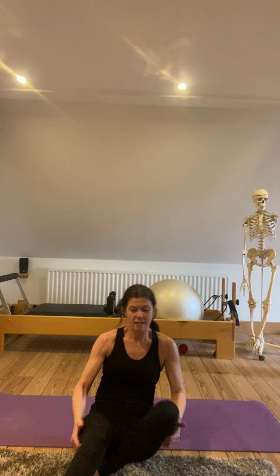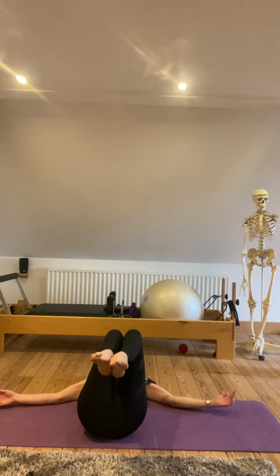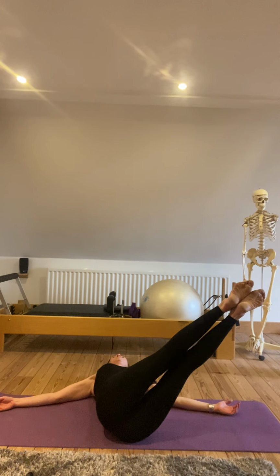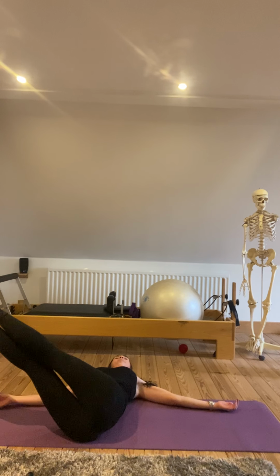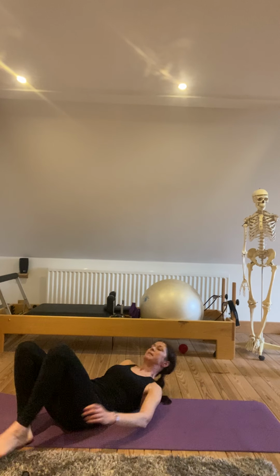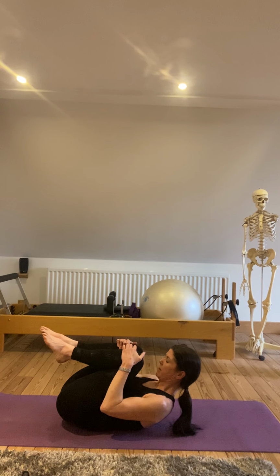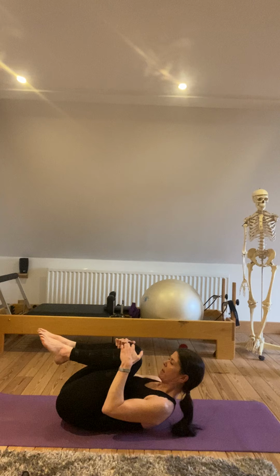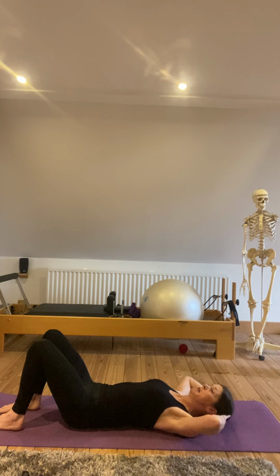Keep that going side to side. Again, if it's too much, bend your knees, okay? Just bring them into 90-90. That's absolutely fine. All right, so one more to each side. Breathe in to hold, out to return. Lovely. And then bending the knees in, nodding the chin, and come up into your little ball again. Well done, everybody. Okay, feet to the ground, feet hip width apart, hands behind your head, and we're going to